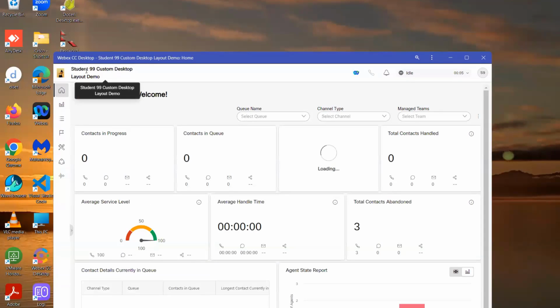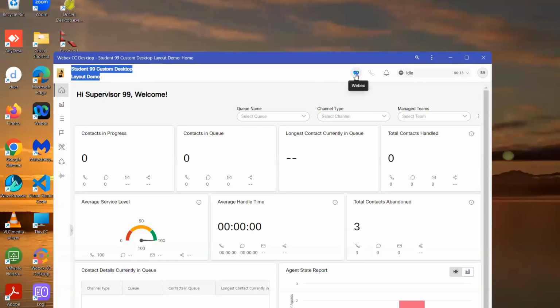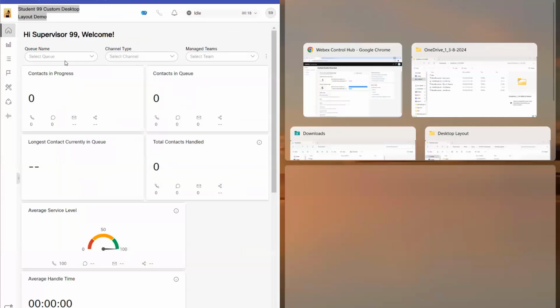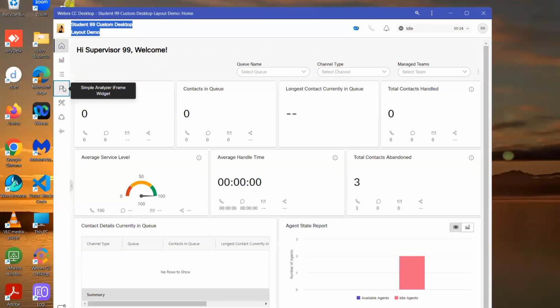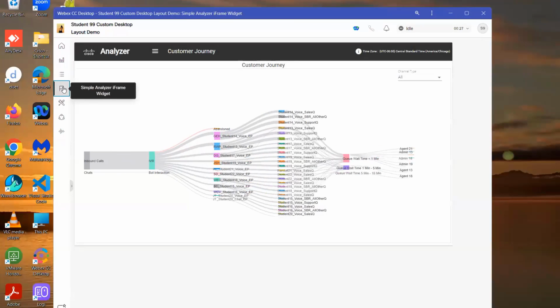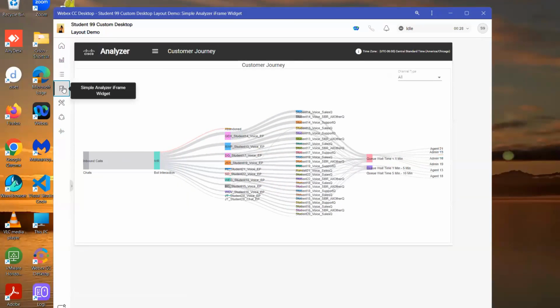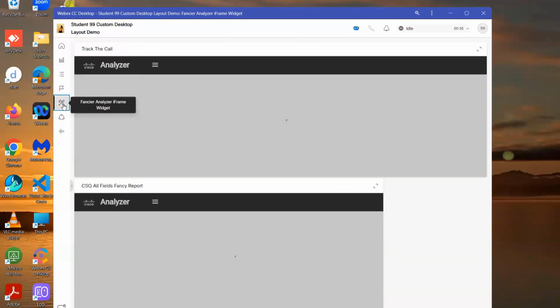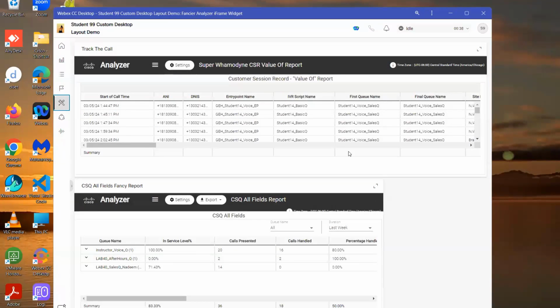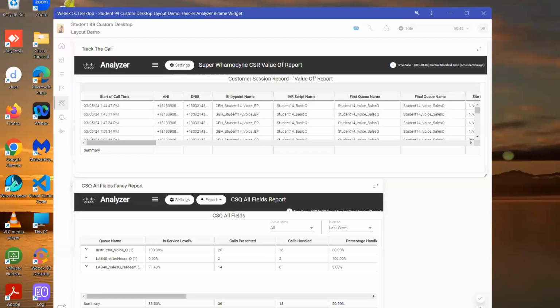you can see the new desktop layout I've incorporated, the Daffy Duck logo up top. It's got some new verbiage up top with what my layout looks like. I've added Webex Chat functionality to the desktop layout. And I've got, sorry about that, a couple of new objects showing up on the left-hand side in the navigation. There's the simple analyzer iFrame widget. There's my fancy for flows this week. And right below that is the fancier iFrame widget, which in this case contains a couple of reports that I picked somewhat at random. And again, if I want to edit that layout as a regular user,